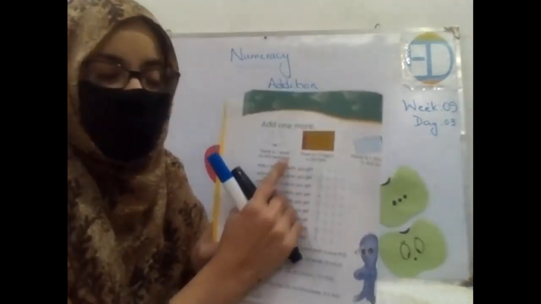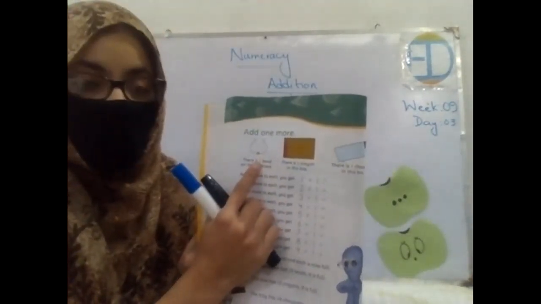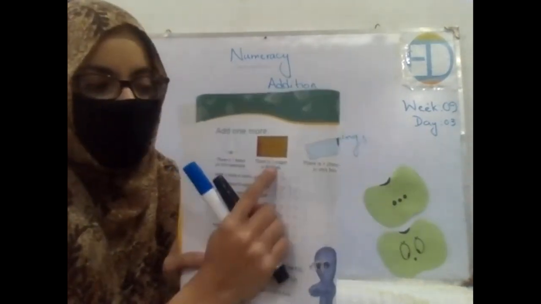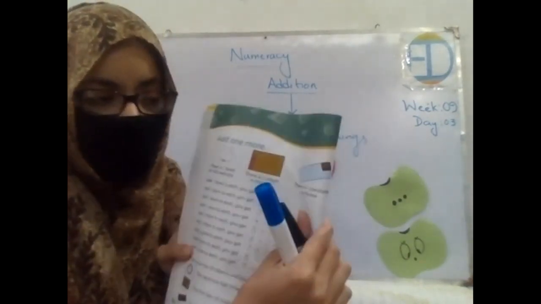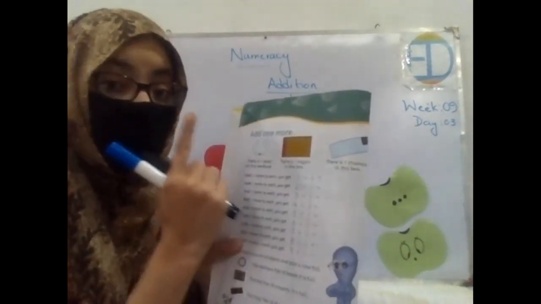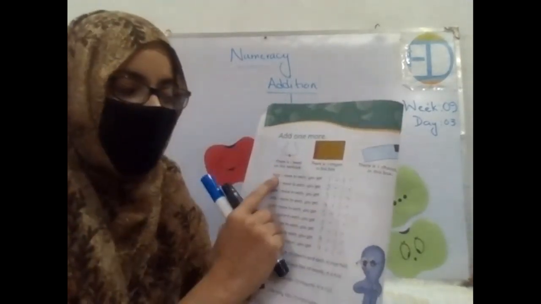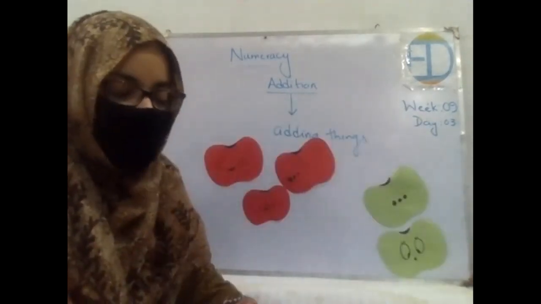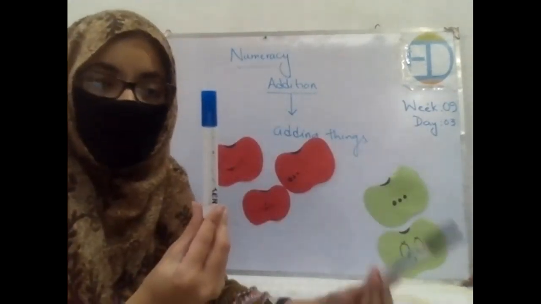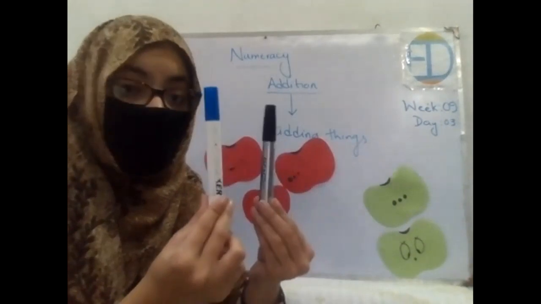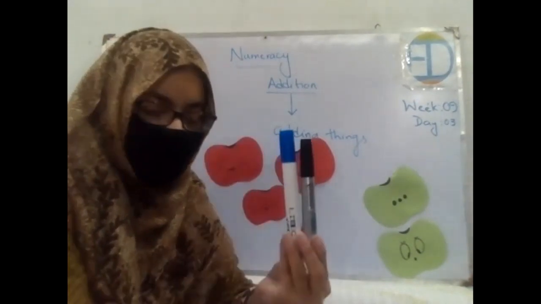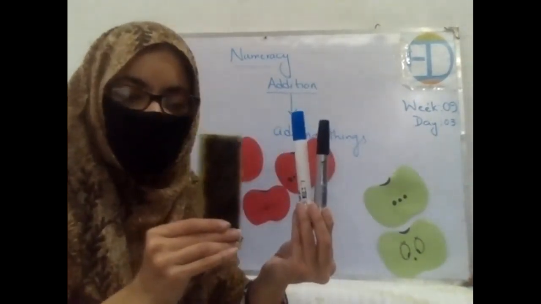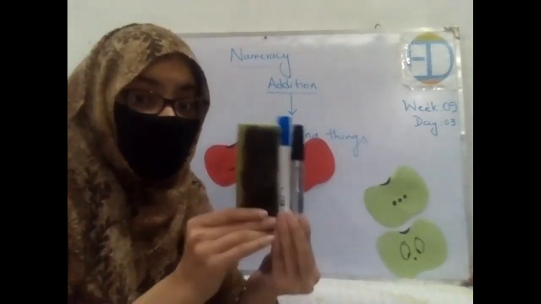So look at this. On the very left side of the page, there is a necklace on which there is only one bead, okay? Then there is a crayon box and it has only one crayon in it. Then we have a chocolate box and it has only one chocolate, right? Now what you are supposed to do is add one more to each. Let's say I have this one marker and I'll be adding one more to this. Now I have two markers, right? Let's say now I have two markers and I add this one duster to it as well. So now I have a total of three things, right?